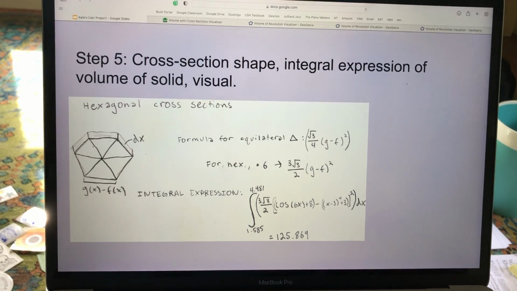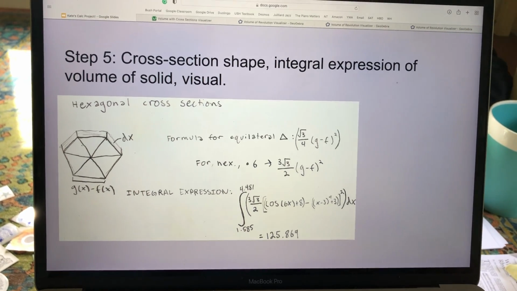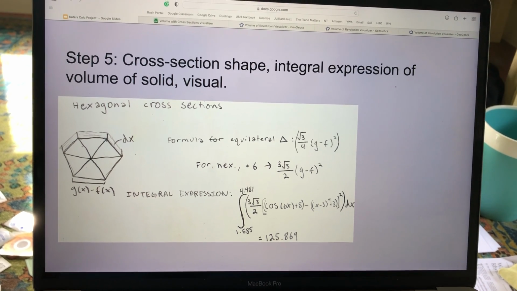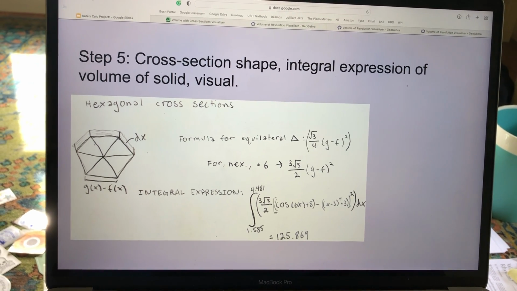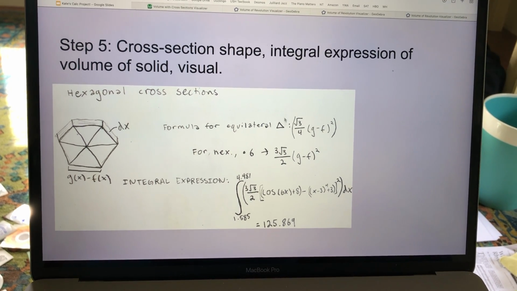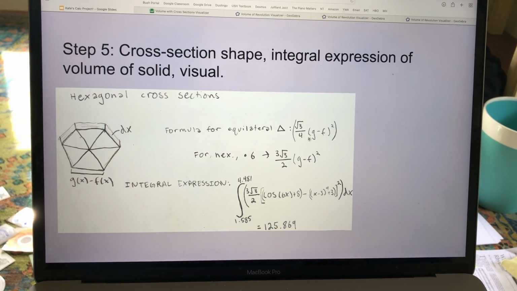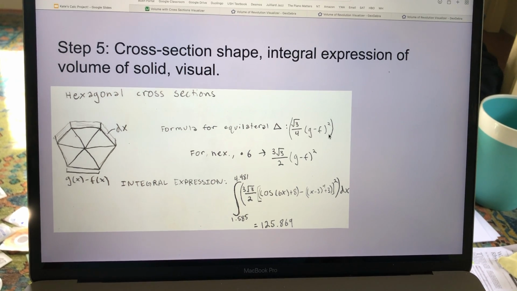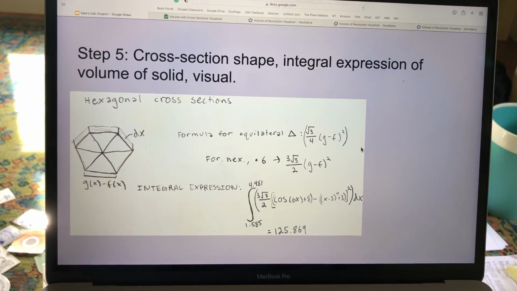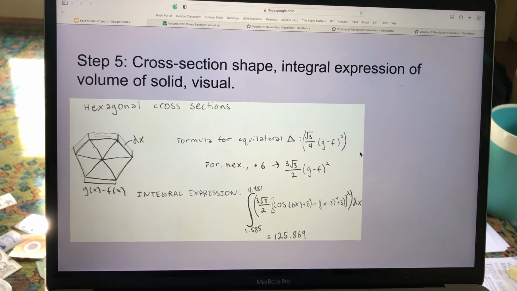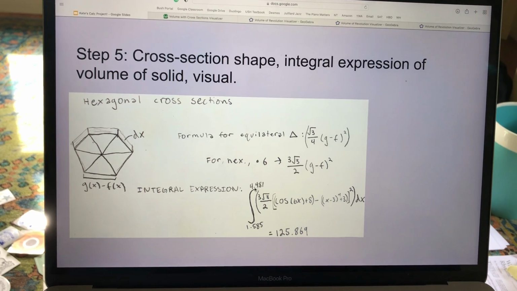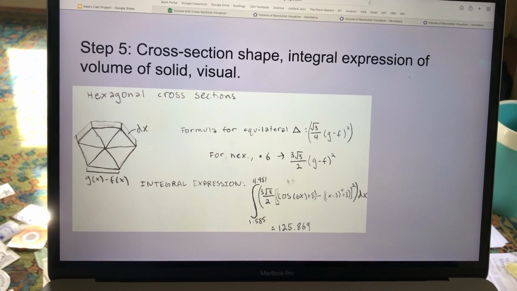So my cross-section shape is a hexagon, and the way I figured out the volume is to think about it in terms of 6 triangles. So here's the formula for a triangle, root 3 over 4 times (g of x minus f of x) squared, and then I just multiplied that by 6. So 3 root 3 over 2 times (g minus f) squared. And here's that with the expressions plugged in